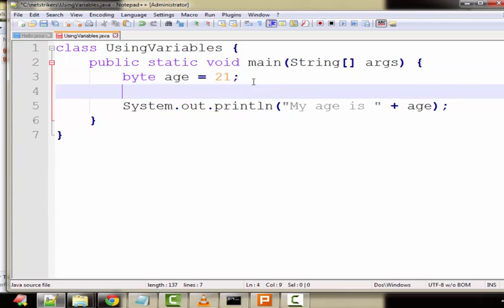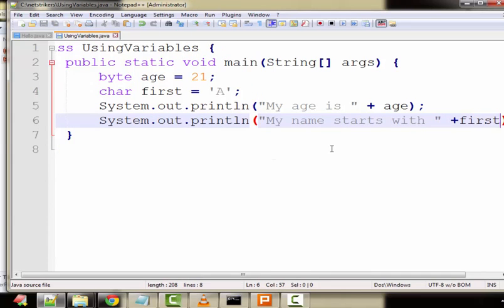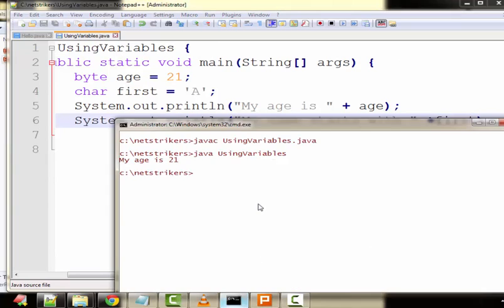so the first letter would be char first equals 'a'. Let's create another line: "Name starts with". As simple as that. Now let me recompile our code with javac UsingVariables.java,